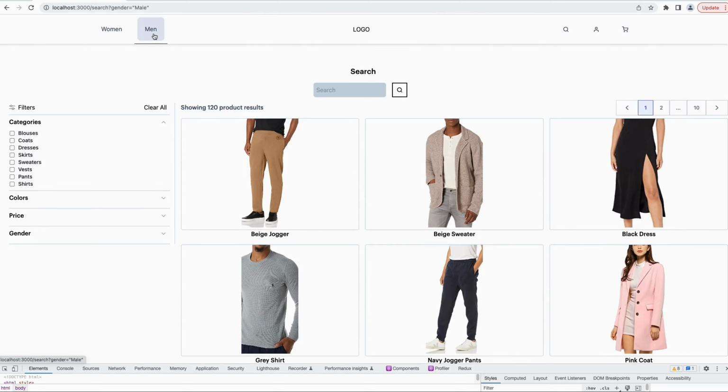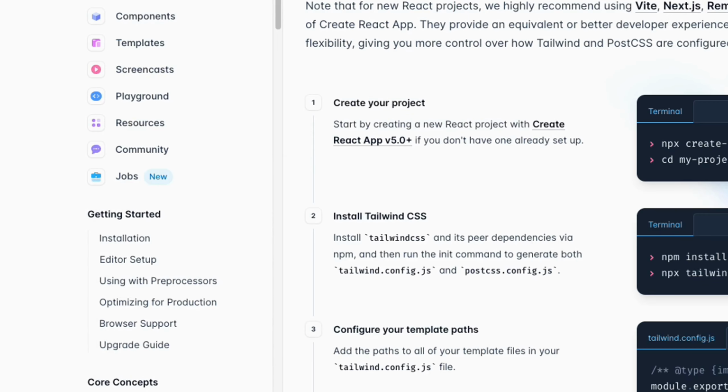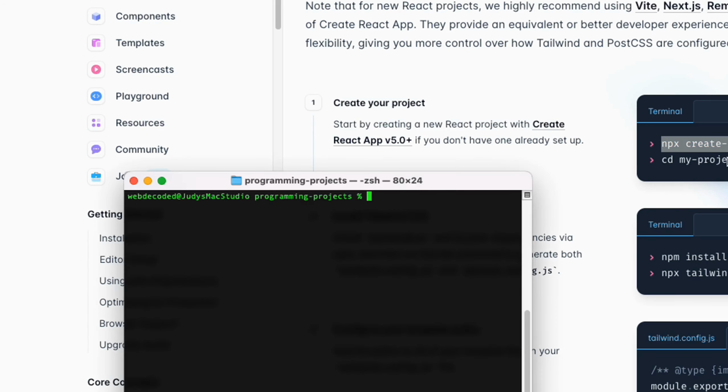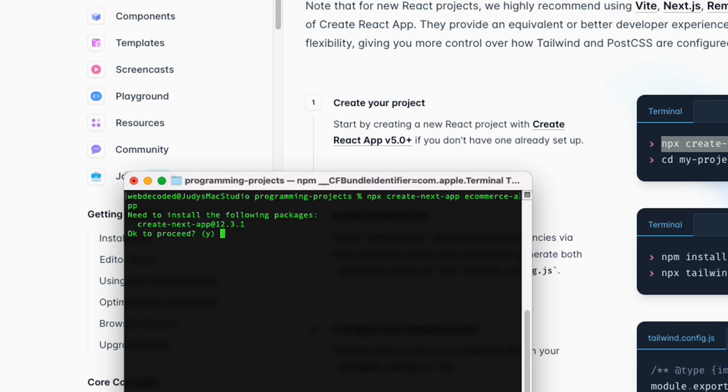All right, let's get started. Our project with Tailwind, so I'm gonna copy this. The only thing that we'll change here would be, instead of create React app, we're gonna have create next app, since this is a Next project. So just changing that, and I'm also gonna rename, instead of my project, I'm gonna name this e-commerce app. Pressing enter, and then once it's created,